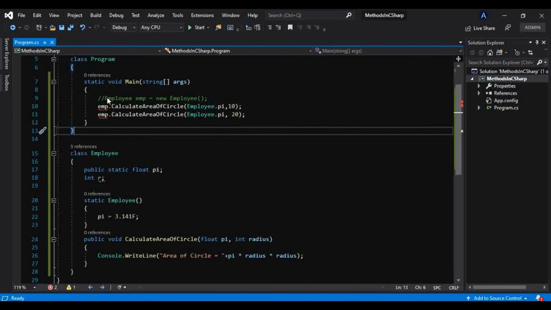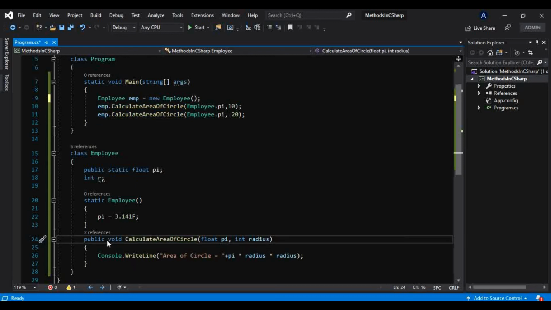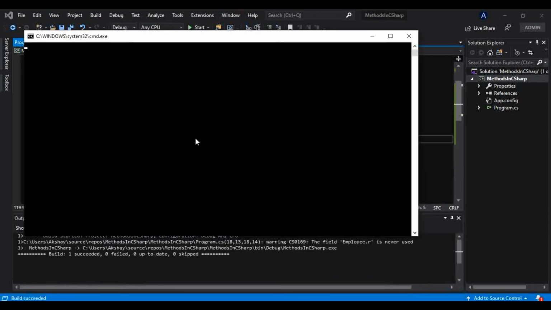And yes, I have to keep that object, because on this object we are calling this instance method, which is not marked as static, so it is an instance member, and to call it we need an object. Now if I run, it will run as it was running before.